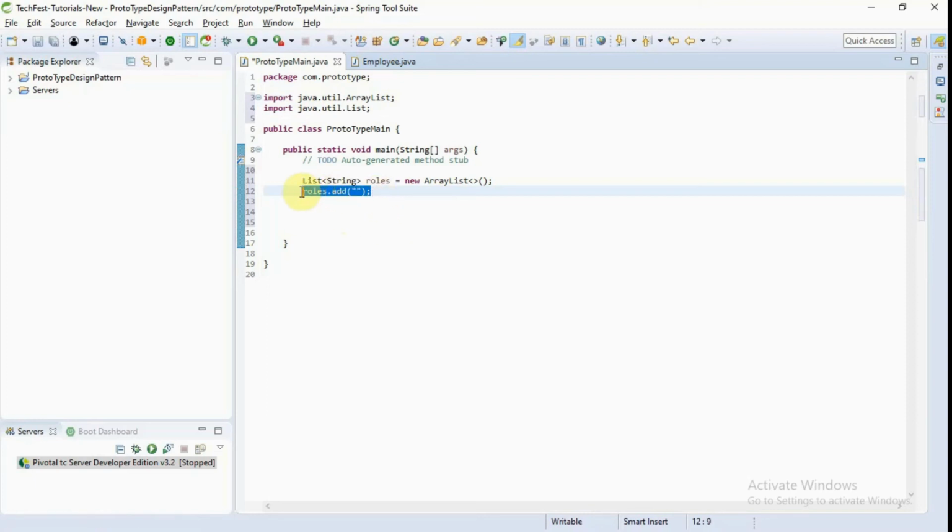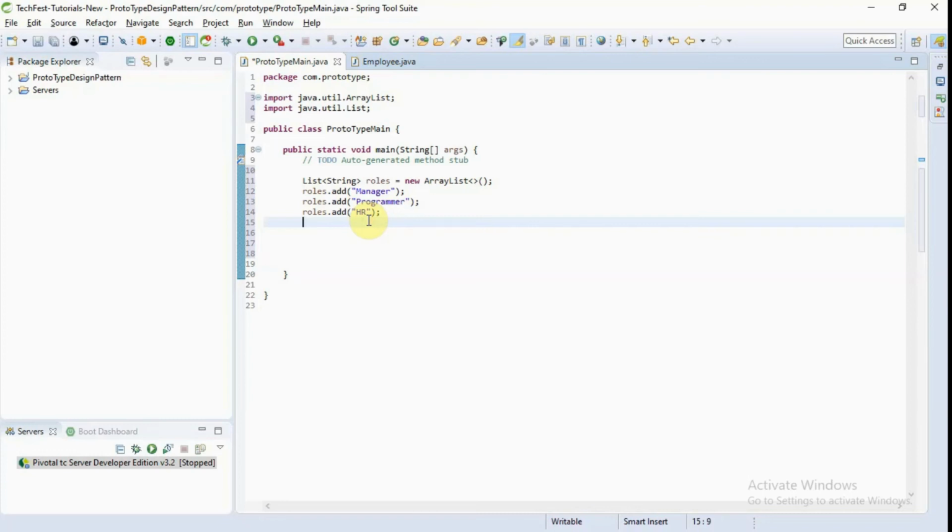For demo purposes I'm adding a role of manager, then a role of programmer, and a role of HR, and defining a name of employee.